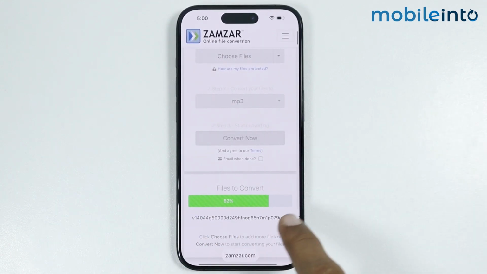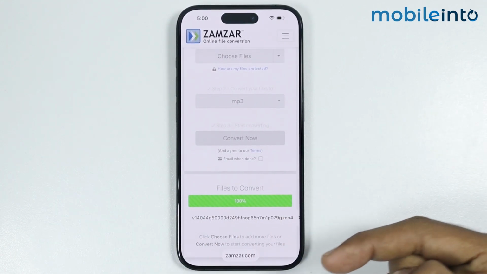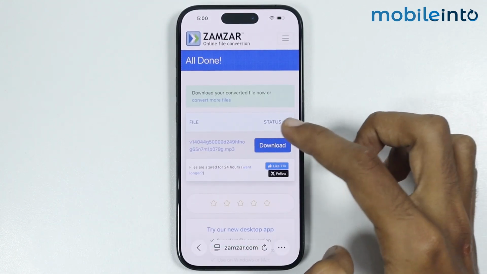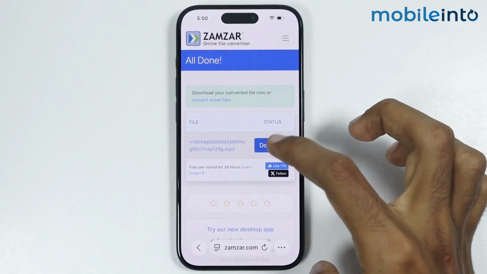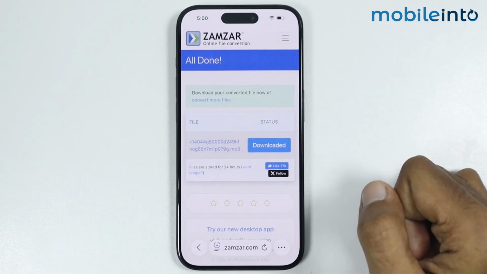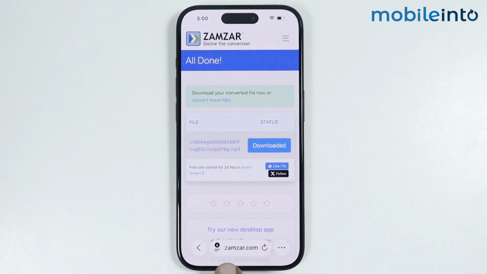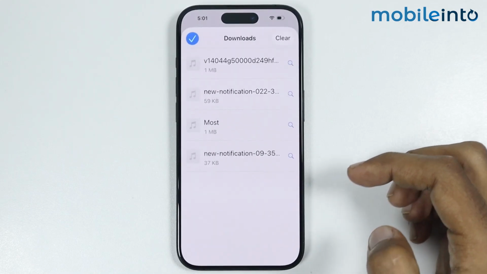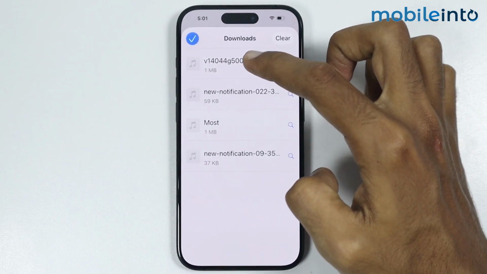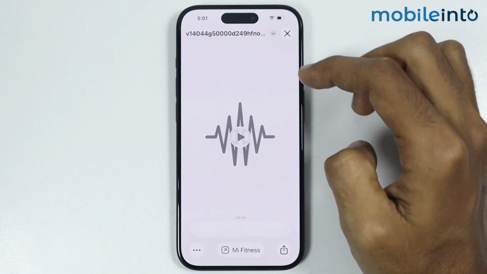Now just wait for a few seconds for it to convert the MP4 file to MP3. Once the selected video is converted to an MP3 file, just tap on Download. Now just tap on Download. Now just tap on the Downloads icon over here. Then select Downloads. In the Downloads section, as you can see,